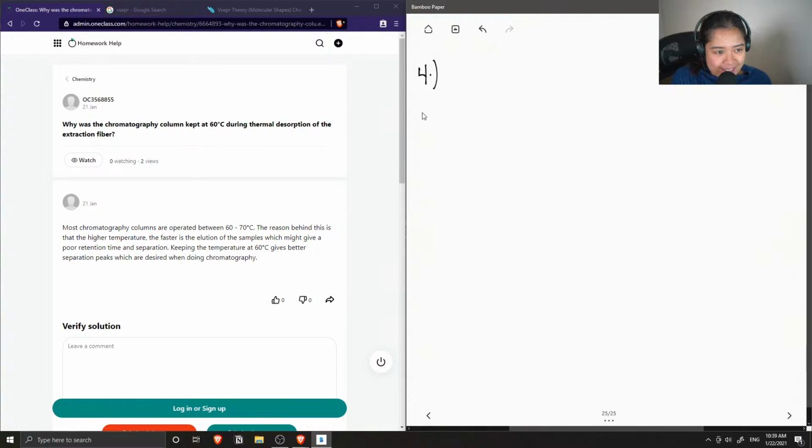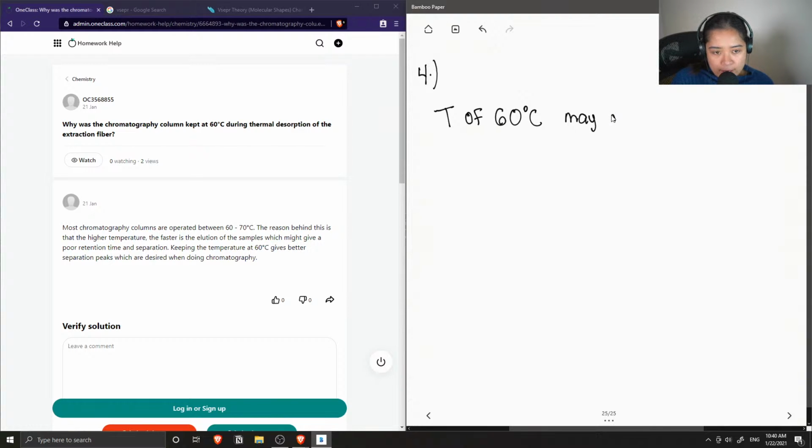Okay, so temperature of 60 degrees. So this is a little raised, but the reason why we would want to change the temperature of the column is because